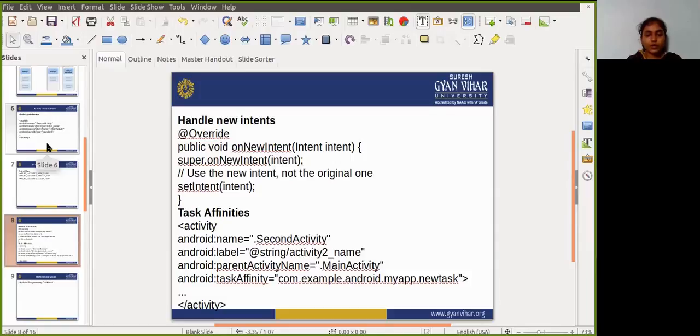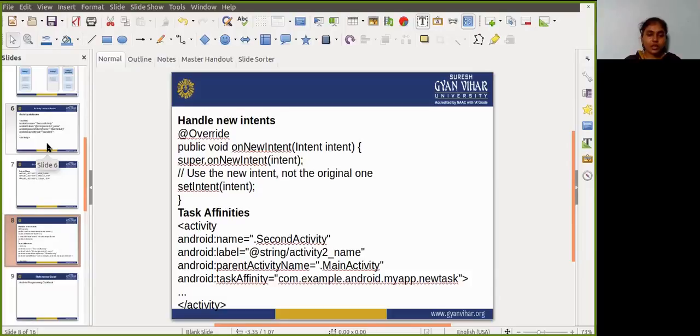If the instance is anywhere else in the back stack, other than the top, a new one is created too. Single task is also a launch mode. When the activity is launched, the system creates a new task. If another task already exists with an instance of the activity, the system routes the intent to that instance instead.